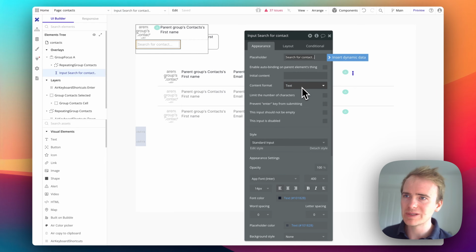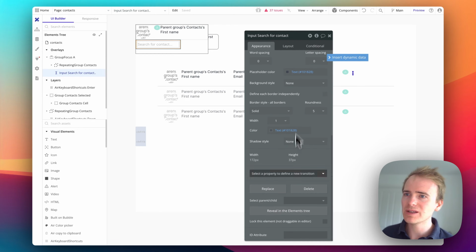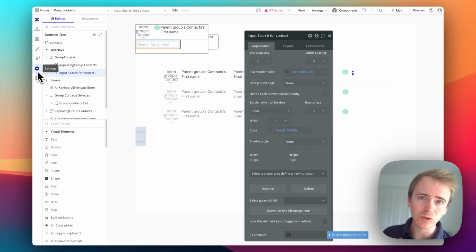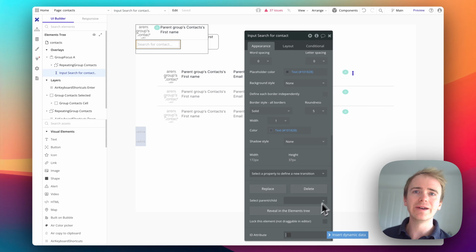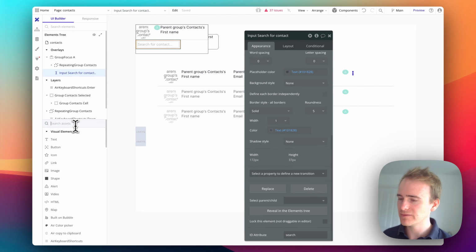and it's going to be type text. And I'm going to need to give it an ID attribute, because the fuzzy search plugin needs to know what input on the page to target to look for input text. If you don't see this, by the way, you go into settings, general, and scroll all the way down to the bottom, and you can toggle a tick box that says show ID attribute. It's basically a way of inserting your own way of identifying a particular element on the page. So I'm just going to call this search,